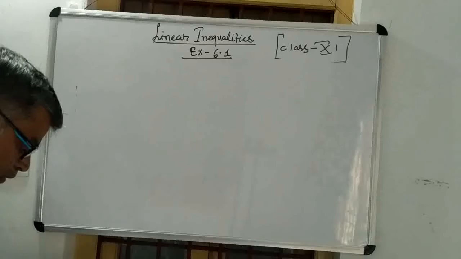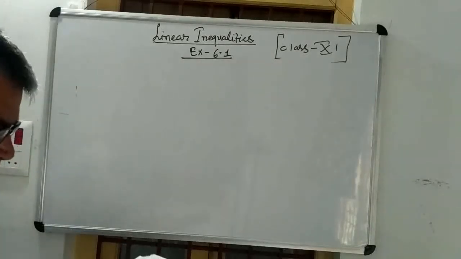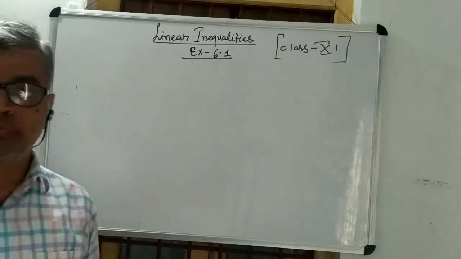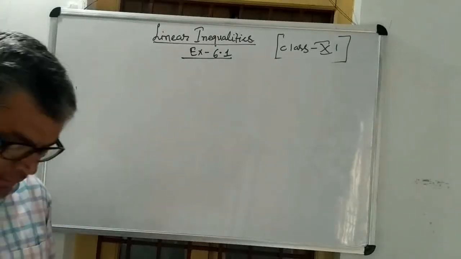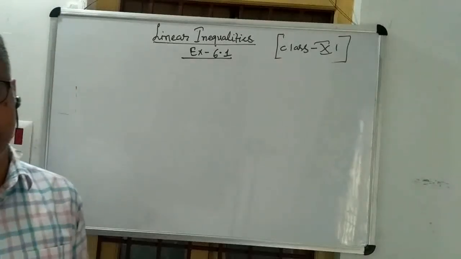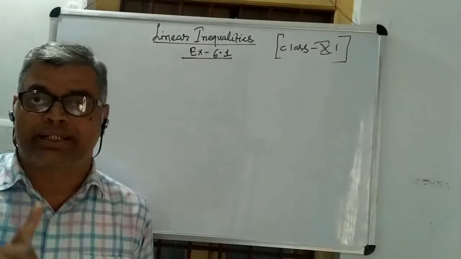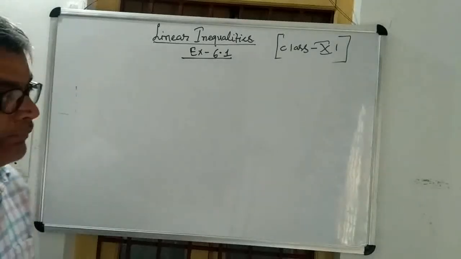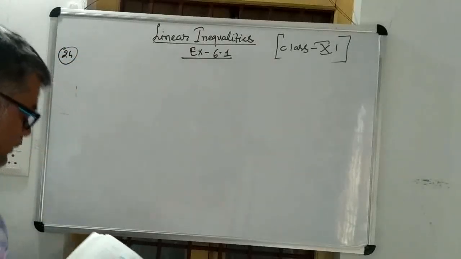And your 24th question is: find all pairs of consecutive even positive integers. 2, 4, 6, 8, 10 are examples of consecutive even positive integers, both of which are larger than 5. Now the condition is that both consecutive positive even integers are larger than 5 such that their sum is less than 23. Now let's see how question number 24 will be solved.